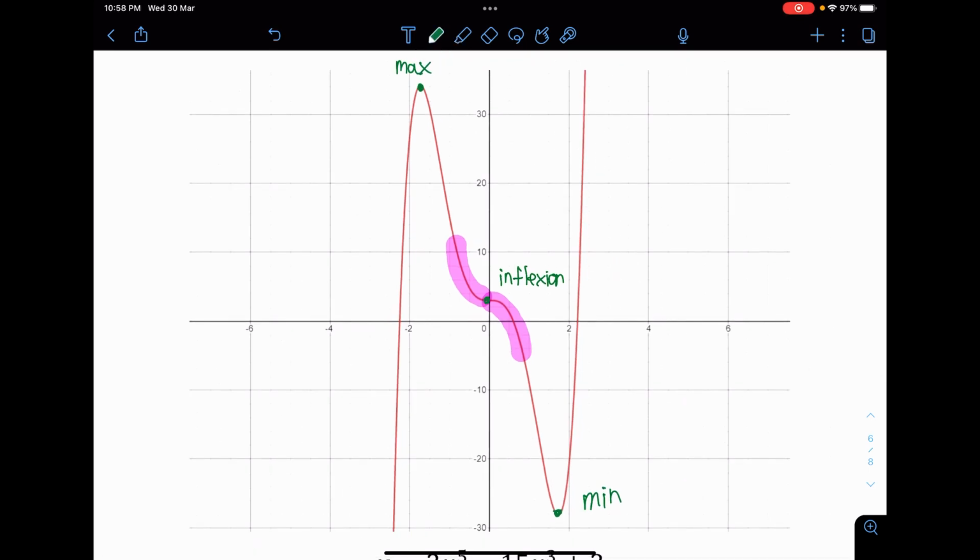But what do maximum, minimum, and inflection actually have in common? The answer is the gradient at that location is 0. Every single point of these three, the gradient is momentarily 0. For a split second, the gradient of the tangent to that curve at that location is 0. Which means, if you relate to the previous topic, the gradient of the tangent of the curve is dy/dx. So what do they have in common? The gradient at those three locations is 0. This is actually the main thing about it.